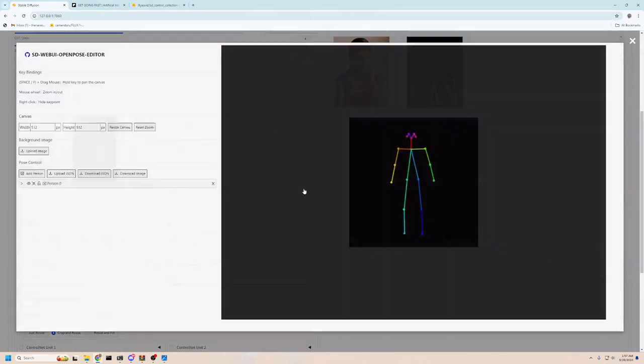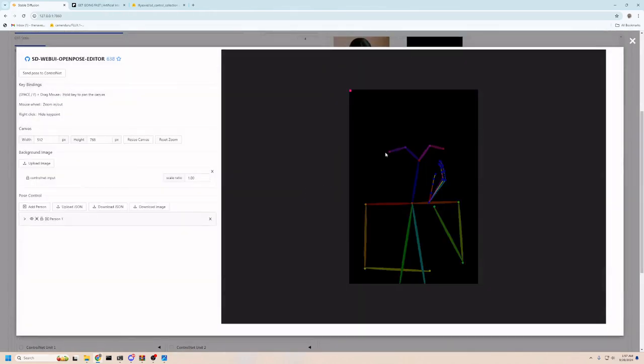Okay, so what we do is we just delete that, and then we're going to go over here to edit. Now you'll notice it has the original picture behind there. So what we're going to do is we're going to click add person. This is the most difficult way of doing this. But what we're going to do is we're going to grab this person. We're going to kind of get it in the right side. So we're going to use this one in the back here as our guide. We're going to put here,